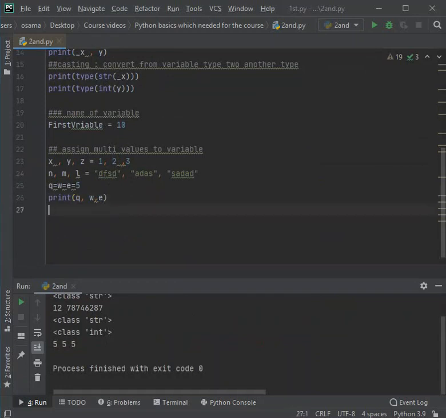The next topic in this video, we will talk about output variable, how you can output a variable. In this lesson, which has the title output variable,